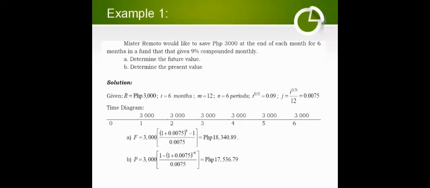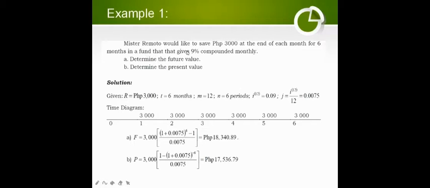Okay, let's proceed to example number 1. Let us solve this problem. Mr. Remoto would like to save 3,000 at the end of each month for 6 months in a fund that gives 9% compounded monthly. So, monthly naman tayo. Okay, determine the future value. And letter B, determine the present value. So, the solution,